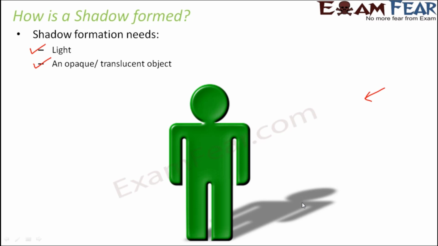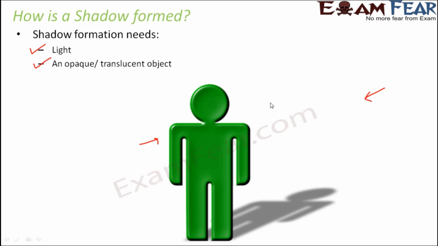Now let us say we take a torch and provide light from this direction over the shadow. What will happen? Will you still see the shadow? You will not be able to see shadow, because now light is able to reach this portion as well. So therefore shadows will only be formed in that area where light could not reach due to the presence of an opaque object. So if you have light coming from this direction as well as this direction, no shadow will be formed.